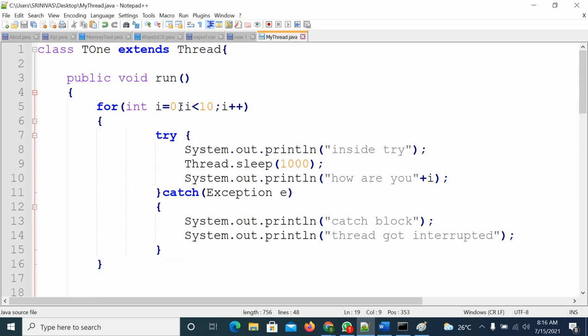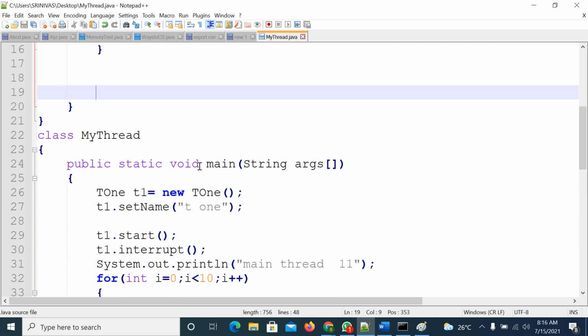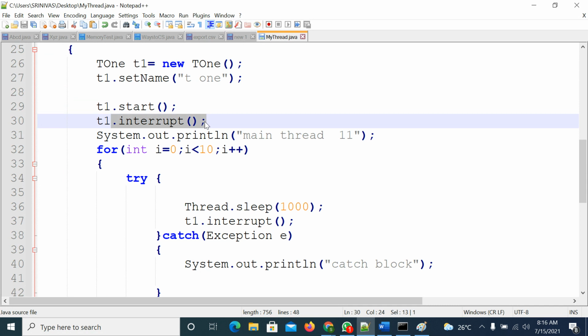In the earlier case, you were able to print thread 1, thread 2, thread 3 up to thread 9. When you call the interrupt method, it was interrupted only one time. Why is it not interrupting the remaining times? Because the main thread completed this process one time, and the remaining times we didn't call the interrupt method. If you want to call the interrupt method next times also, you just use a for loop.